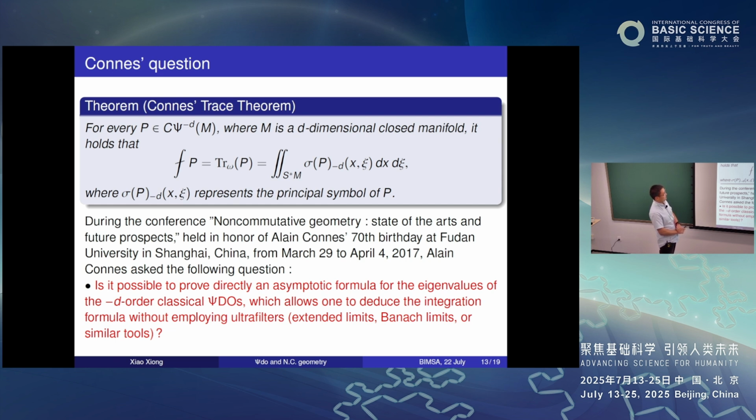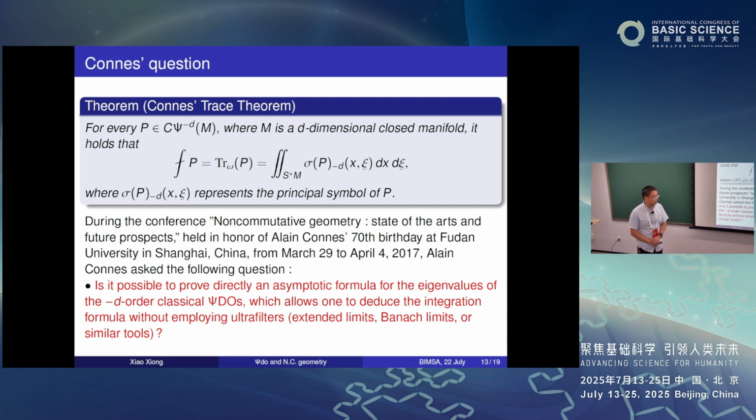So here this order is very special. It is minus d, and here as I have just explained, when we have a pseudo-differential operator,